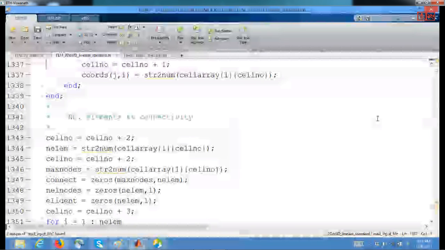It will tell you this is the K matrix when you look at it from outside, so it has been initialized here to 0. Then you run over all the elements